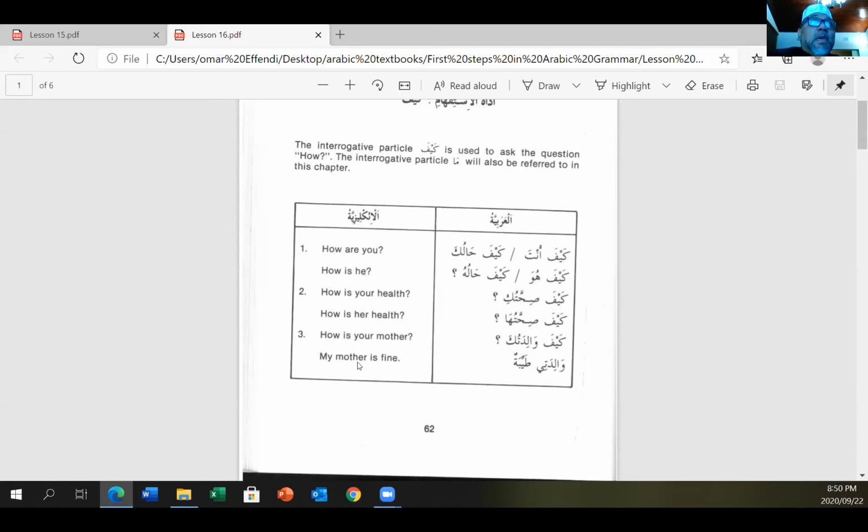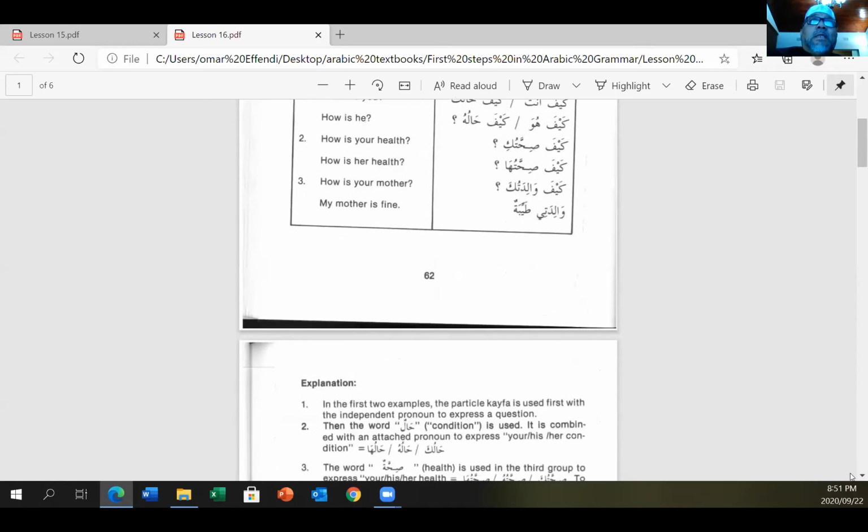Why? Because mother is feminine, so tayyibatun is feminine. If I said walidi, my father, then I have to say tayyibun. See that? Walidi tayyibun. Remember, as I always say, the attached pronoun does not affect the noun here. When you look at the noun, this is the mubtada and the khabar, meaning the subject and the predicate. These two will agree in gender, but not necessarily the attached pronoun. Okay, so inshallah,